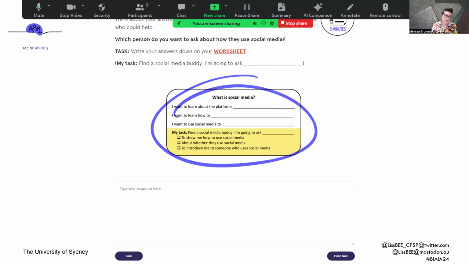And then the last question in this little quiz is, okay, now that you've thought about this, which person do you want to ask about how they use social media? It might be, oh, I don't have anyone to ask, I need to find someone. Or, oh, this person uses Facebook and I want to ask them about all my privacy settings, so I'm going to go and ask them, that's my mum, for example. Or I know my friend uses TikTok and I want to know more about how they use it, so I'm going to ask them about that because I think it would be really interesting, and I've not gone into TikTok yet, that sort of thing. Okay, so that gives you a bit of an overview of what's in that